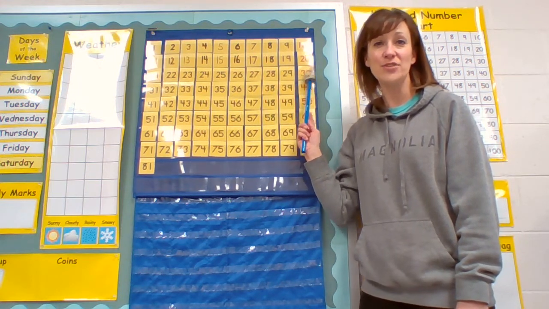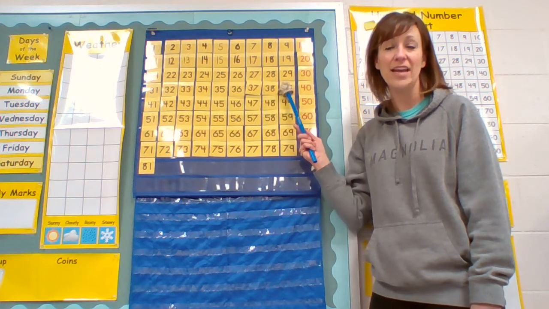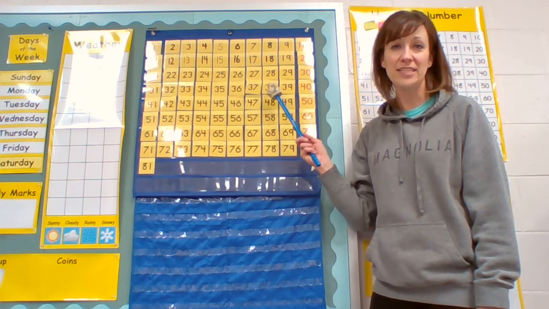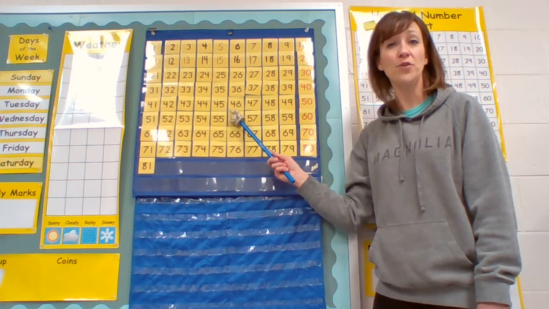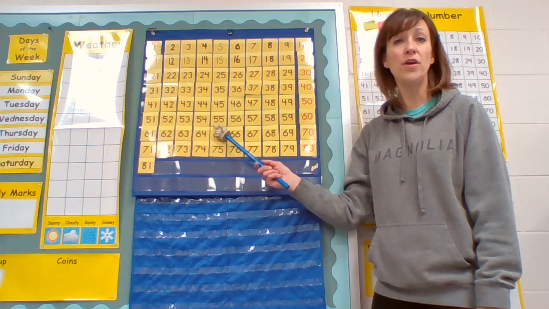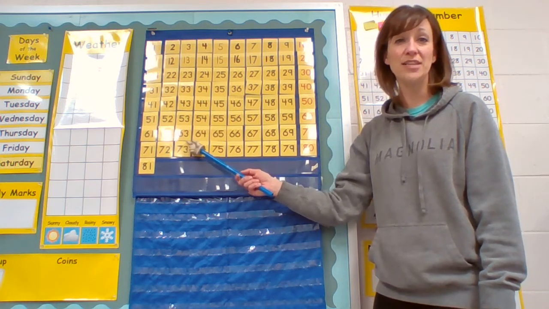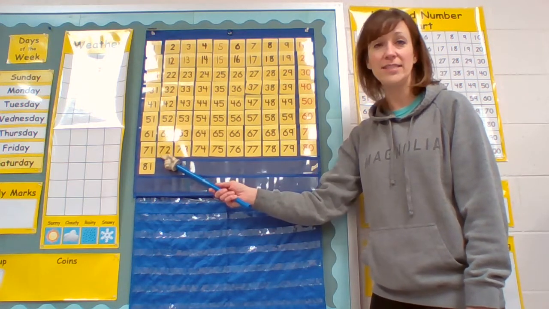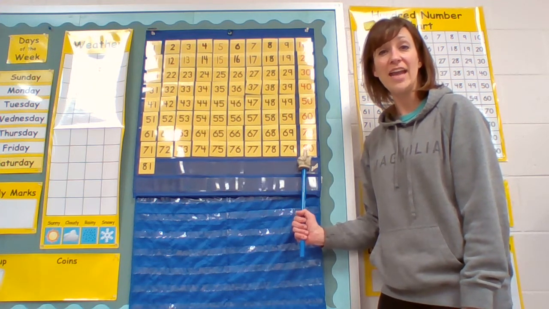17, 18, 19, 20, 21, 22, 23, 24, 25, 26, 27, 28, 29, 30, 31, 32, 33, 34, 35, 36, 37, 38, 39, 40, 41, 42, 43, 44, 45, 46, 47, 48, 49, 50, 51, 52, 53, 54, 55, 56, 57, 58, 59, 60, 61, 62, 63, 64, 65, 66, 67, 68, 69, 70, 71, 72, 73, 74, 75, 76, 77, 78, 79, 80, 81,